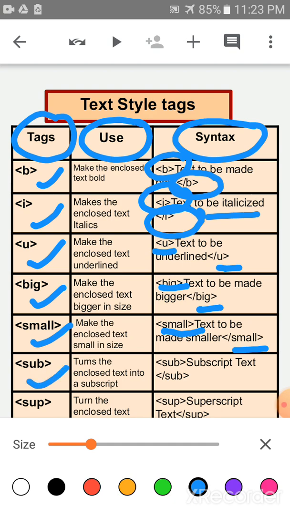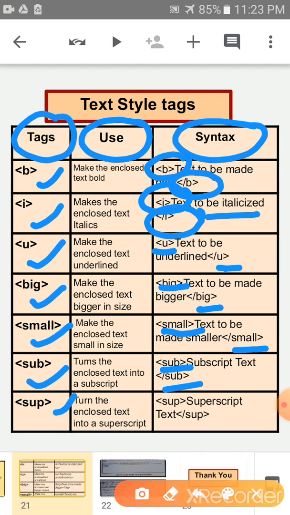Next is sub. It turns the enclosed text into a subscript. Again, in the starting you have to write the opening tag of sub, then write down the subscript text, and at last you have to write down the closing tag of sub, and lastly sup tag. Okay, sup tag is used to enclose the text into a superscript.